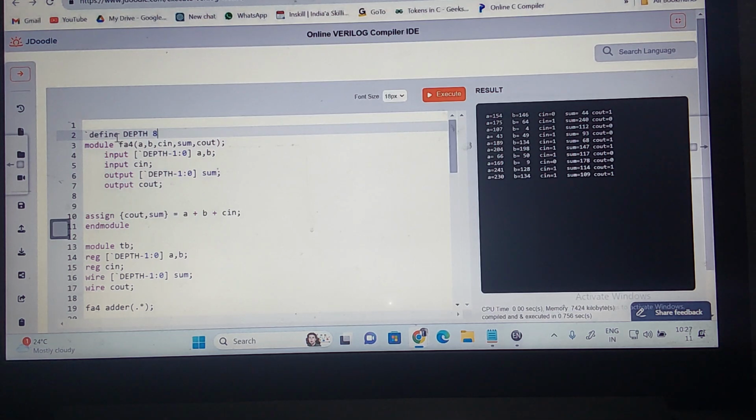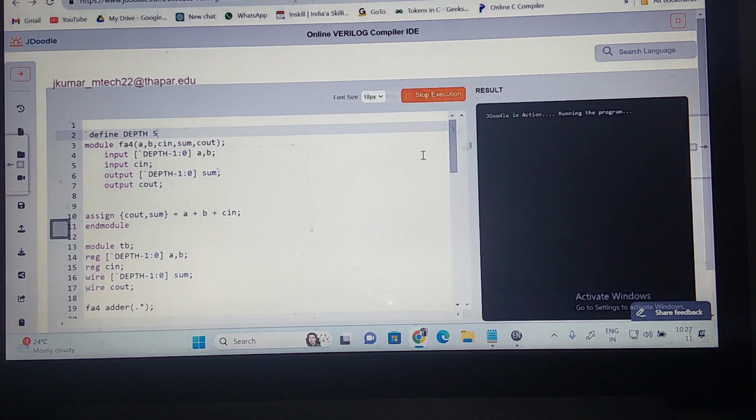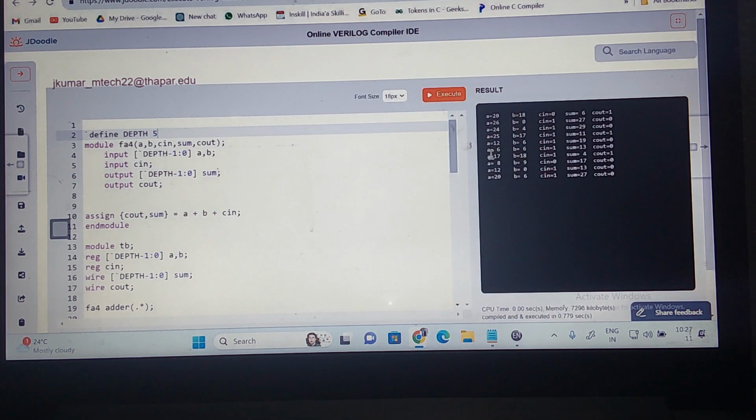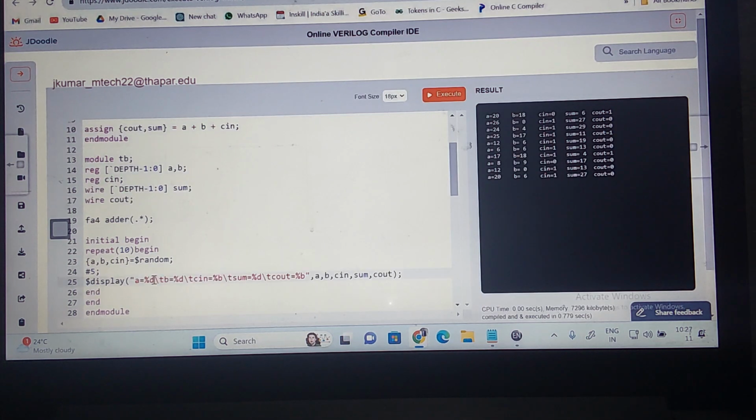Now by changing this macro, you can make this into how many orders? Different orders: 16-bit, 32-bit, 64-bit. Even I can make a 5-bit adder also. Right? This is my 5-bit adder. You can understand. So by changing this, let me print this in binary, then you'll understand. A is now 5-bit. B is how many bits? 5-bit. My sum is also 5-bit. Let me print this in binary. How many bit adder am I doing? 5-bit.